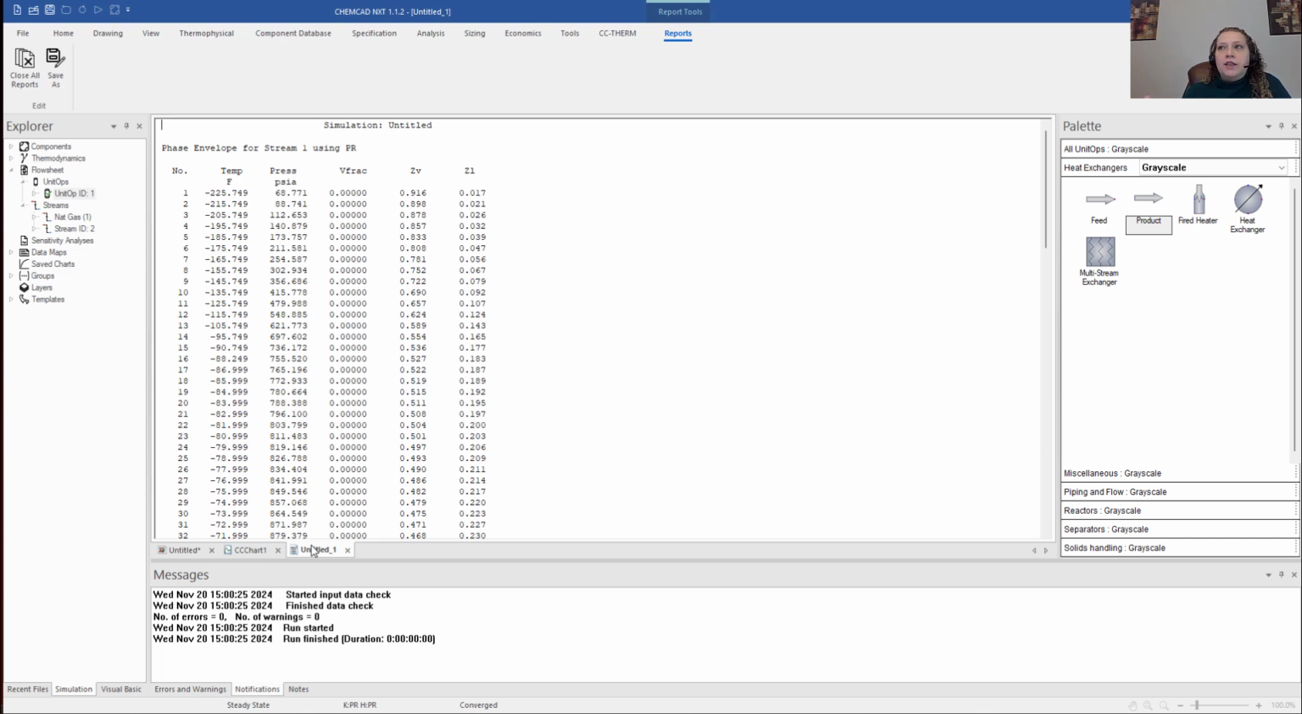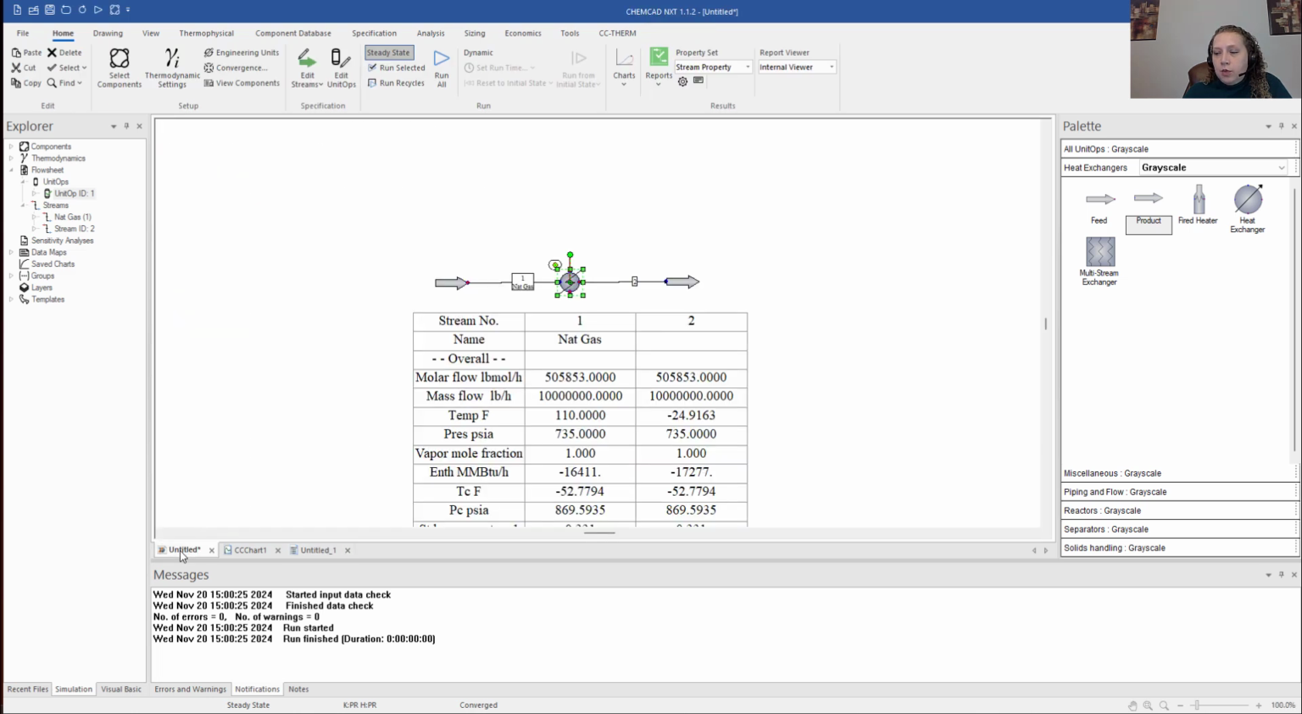Right now it's in the internal viewer of CHEMCAD. I'm going to go back to my process flow sheet. If I want to view it in Excel, CHEMCAD can print all your data out into Excel for you, and then you can work from Excel and do fancy things there and make fancy plots there if something's not available in CHEMCAD. So I like to make my default report viewer Excel, and then